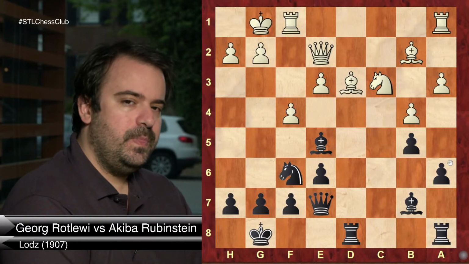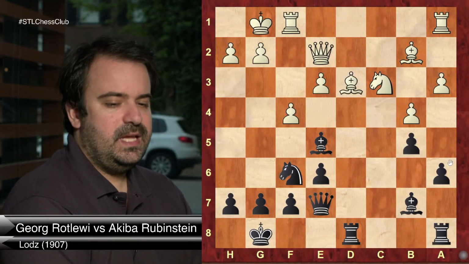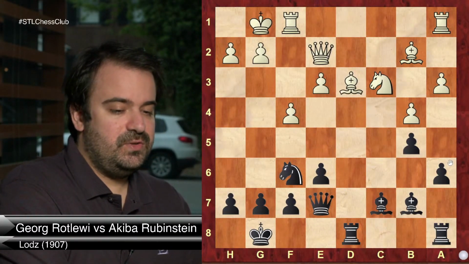Why? I don't want to get in the way of the D file, and I want to go to B8 because that disconnects my rooks. But I also like the idea of B6 at some point. Exactly. So bishop c7 is a very good move,